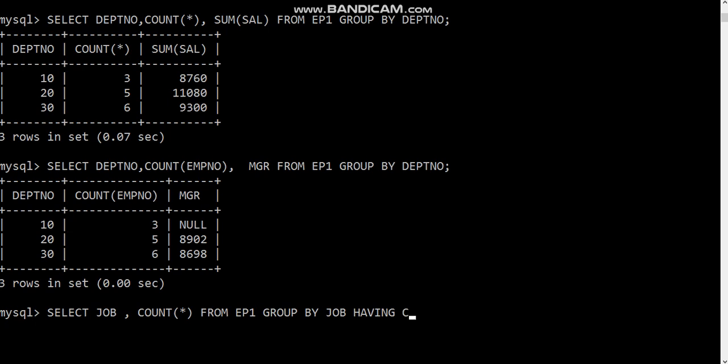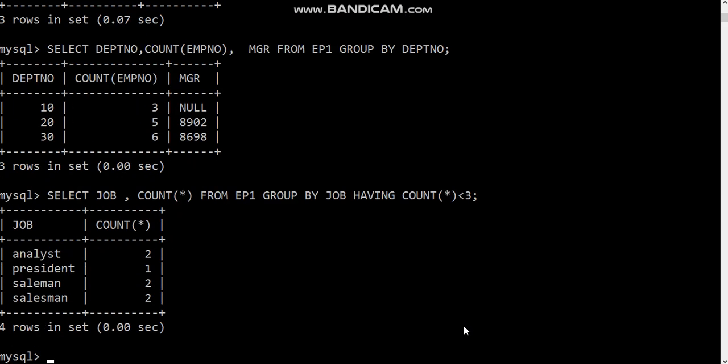Having count star less than 3. So here we are using the less than operator also. Okay, aggregate function and less than operator both together. So what is the outcome?